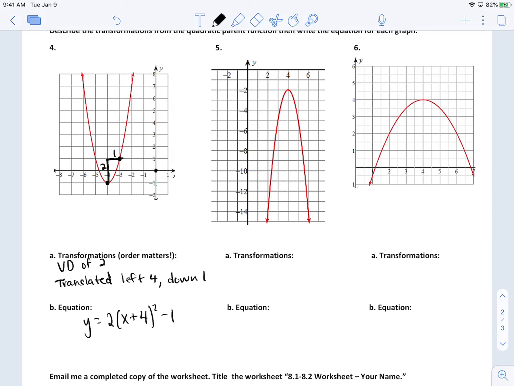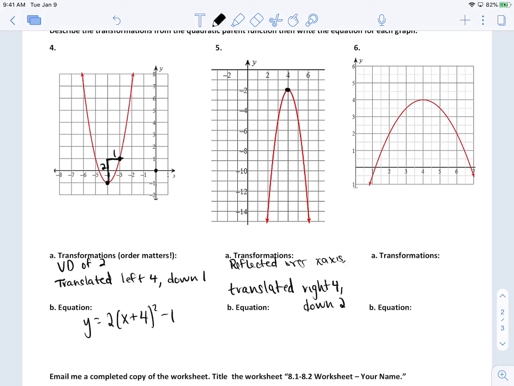Okay, let's try this next one. Well, first thing I notice when I look at this is it's upside down. So if it's upside down, it's been reflected over the x-axis. My vertex is right here. So I can see that it's been translated right 4, but I'm going to leave some space because I also can tell there's a dilation. Haven't counted it yet. So translated right 4, and then down 2,